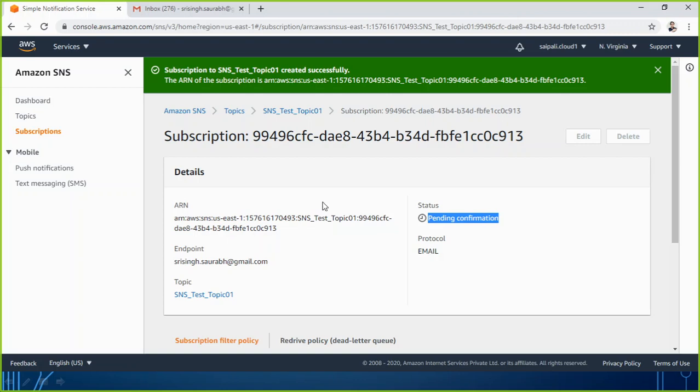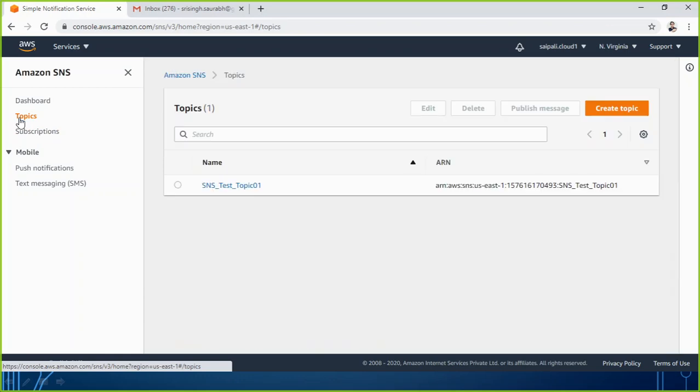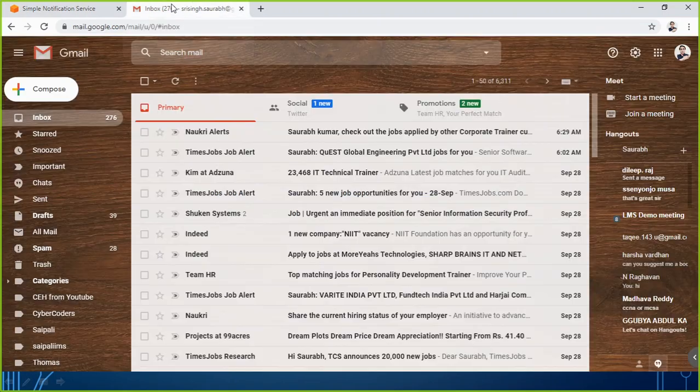So how are we going to approve it? Right now it is pending confirmation, not confirmed yet. You can also go to the topics, click on your topic, and check the subscription down there. You see we have one, but it is pending confirmation. Now we check the email.